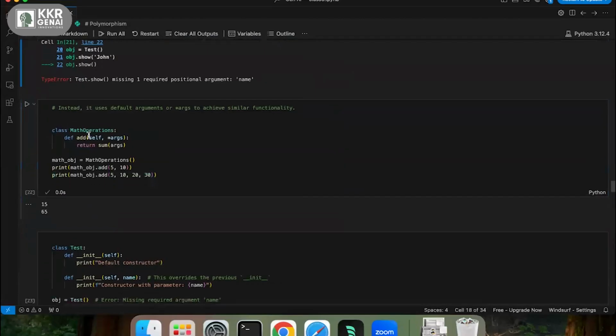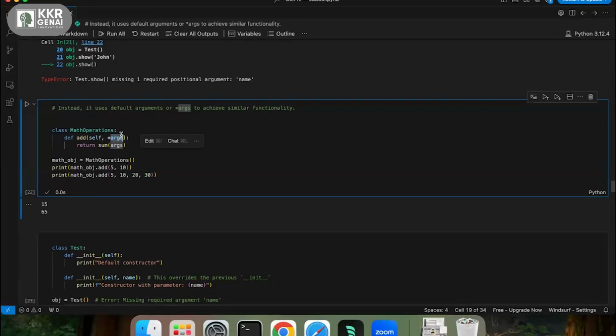If you want to do method overloading, how can we do that? As I said in yesterday's class, we can use positional arguments. Let's say my method has two parameters, I can store them in my args. Args is a list here. It can store any number of parameters.